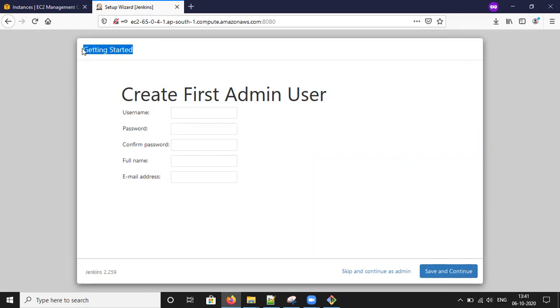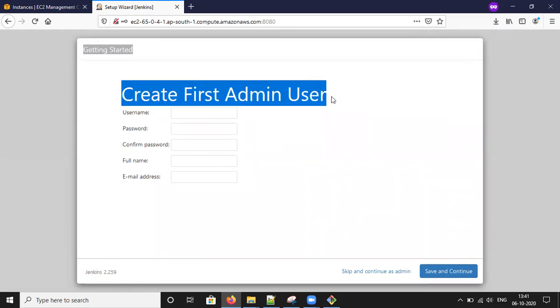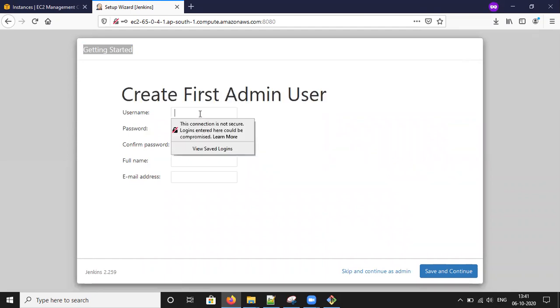After completing the suggested plugin installation, it will ask you to create the first admin user. You can use your own username and password. I'll give mine G110 or G19, anything. The password should be case sensitive.